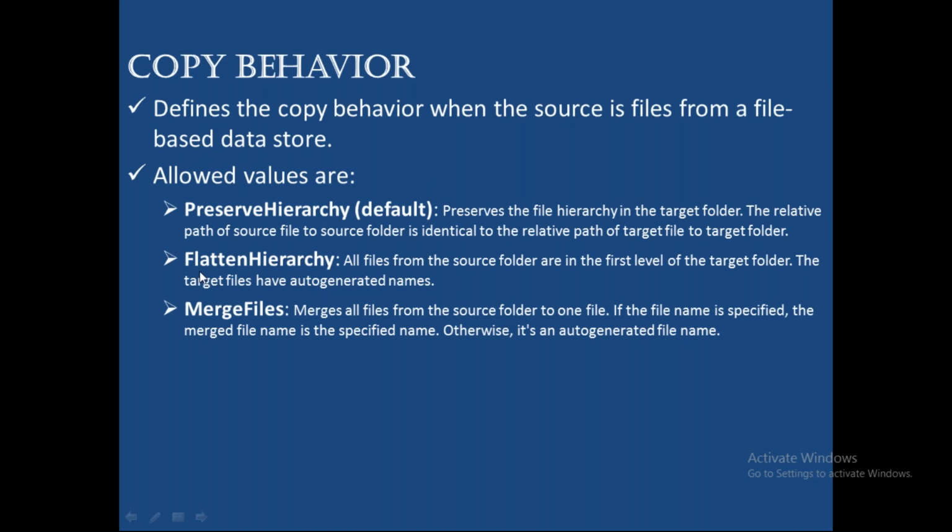Okay, next, in copy behavior, suppose I don't care about anything, I want to go with the default copy behavior. What is the default copy behavior? You see here, the default one is preserve hierarchy. I will show you. Without selecting a copy behavior, I will select copy behavior as none. When you select none, you will see this particular option will work. Preserve hierarchy: whatever structure we have on the source side, the same structure will come to your output side.